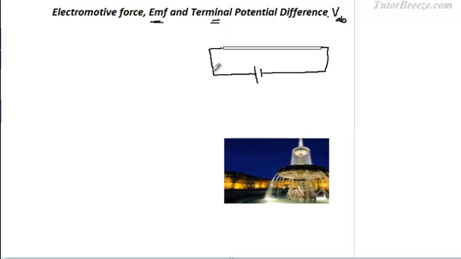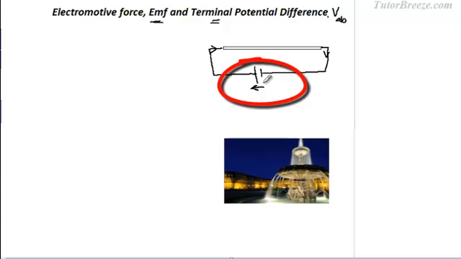So, current will flow from the positive end to the negative side, because this is the positive end of the conductor and this is the negative side of the conductor, which is at a lower potential. So, current flows from high potential to low potential. But if you just follow the current, then you can see that when you move through the cell, current is flowing in this direction. The charges are moving from a lower potential to a higher potential.